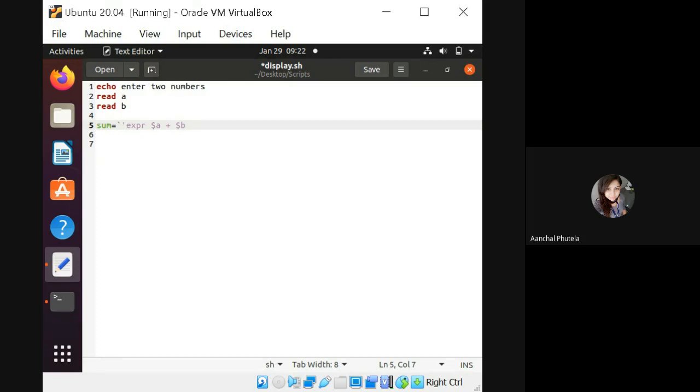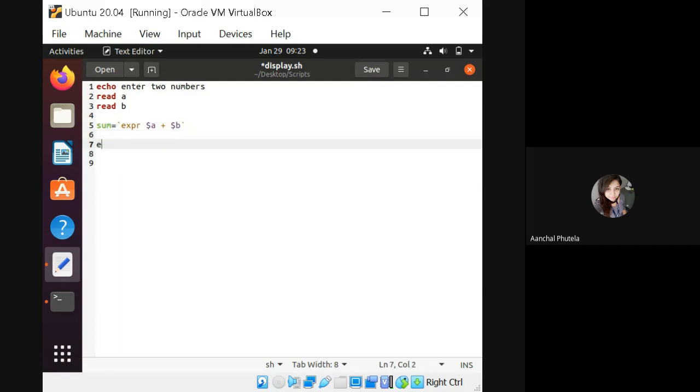The tilde symbol is given on your keyboard beside your escape key, right? So there is a difference. Starting with a tilde symbol and ending with a tilde symbol. Fine. So we are using expr space $a space plus space $b, tilde symbol. This is what we have done.